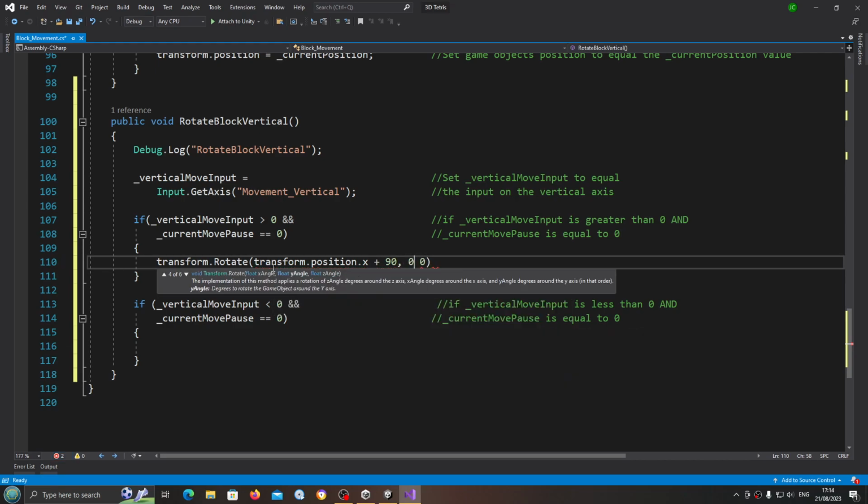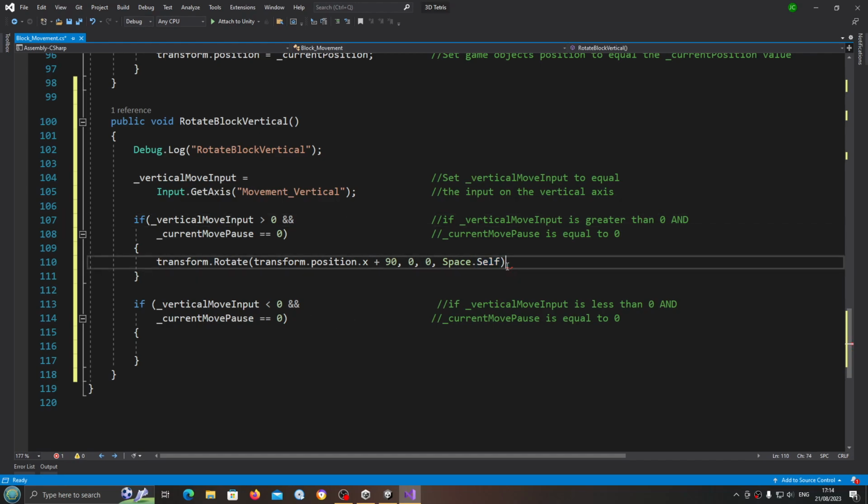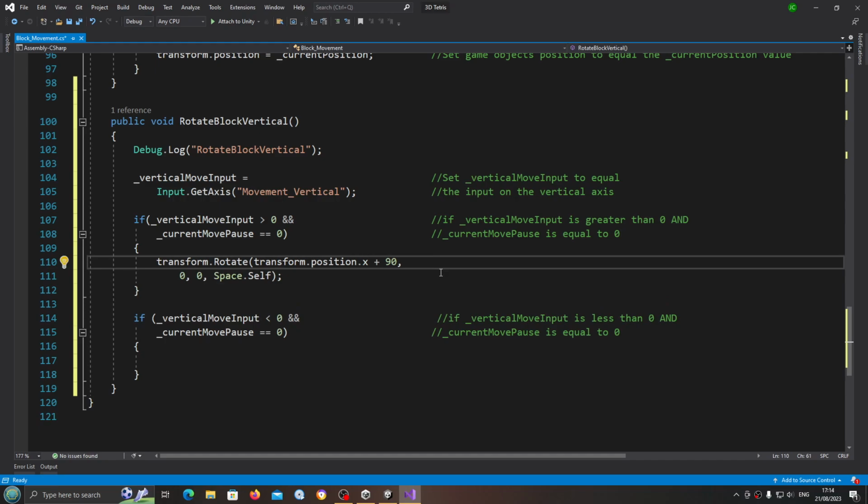And then we'll just use 0, 0, and we need another comma, and we're going to say Space.Self, and let's close that line off. We'll put this into the comments, then rotate by plus 90 on x axis,